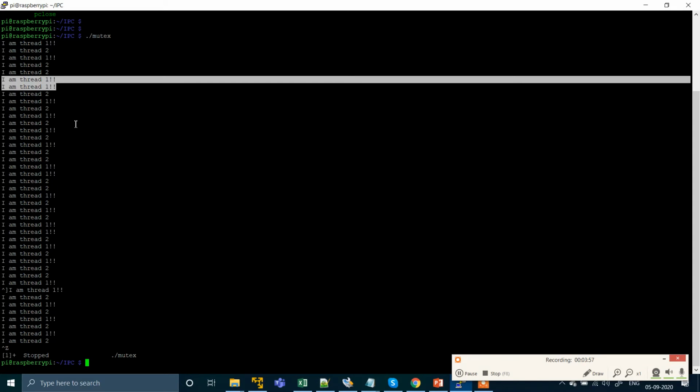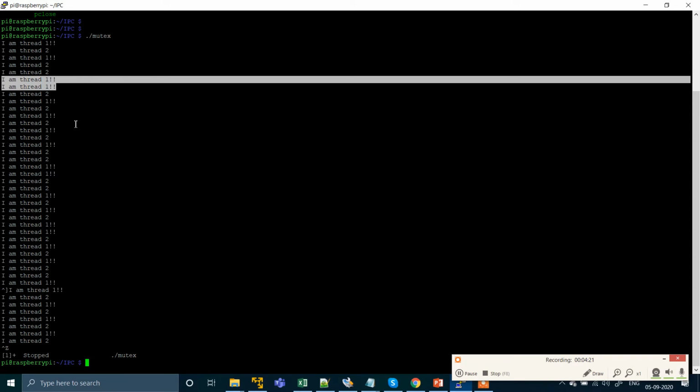For example, I will give you one use case. At a traffic crossing, if the traffic light is not working, then what will happen? Everyone will try to cross the circle, and they will not care if someone is coming from the other side. That causes an accident. That is called a race condition.